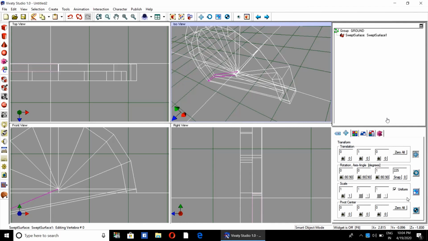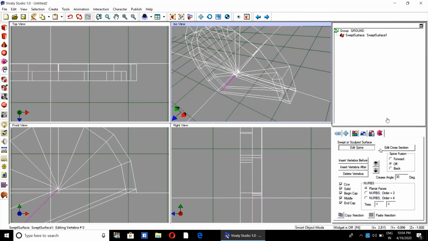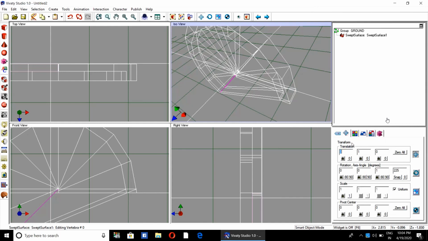So it will be 225. Again repeat it. 225 plus 22.5, it becomes 247.5.